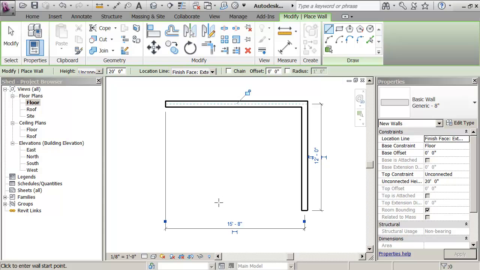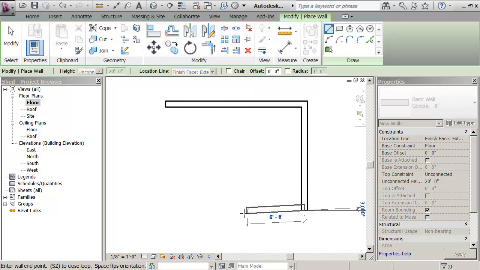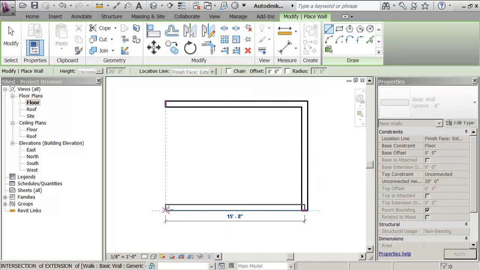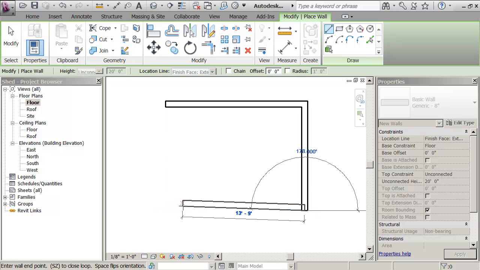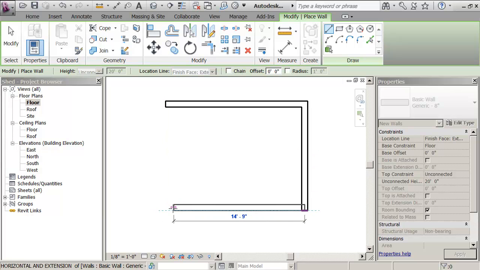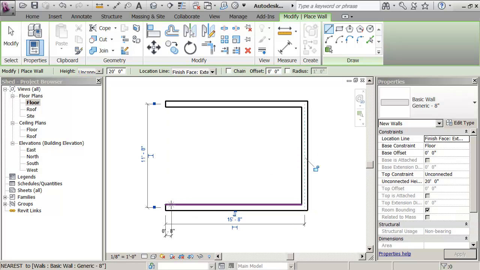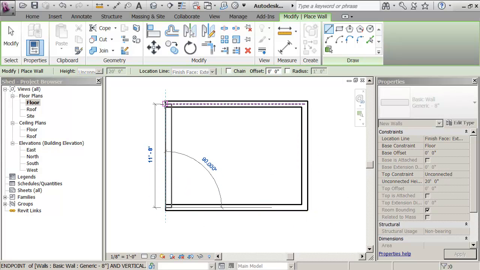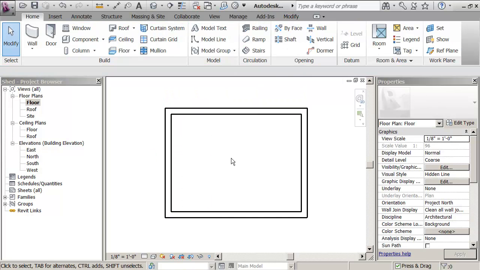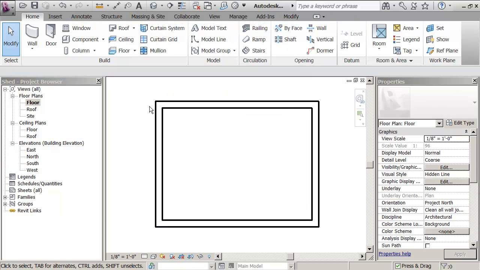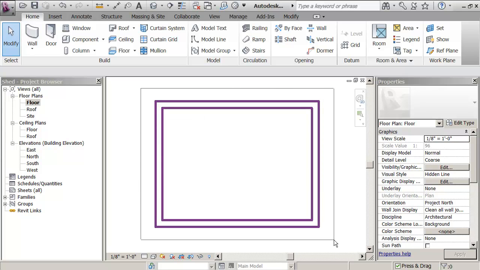The more you draw, the easier it gets, because now when I pick the end of my wall and I start to draft, I see a green alignment line that helps me draw back to the beginning of my shed here, and then I can do one more wall to come up to the top, and I've got my outline for my shed. I'm going to window around that left to right, including everything that's inside it, and then hit